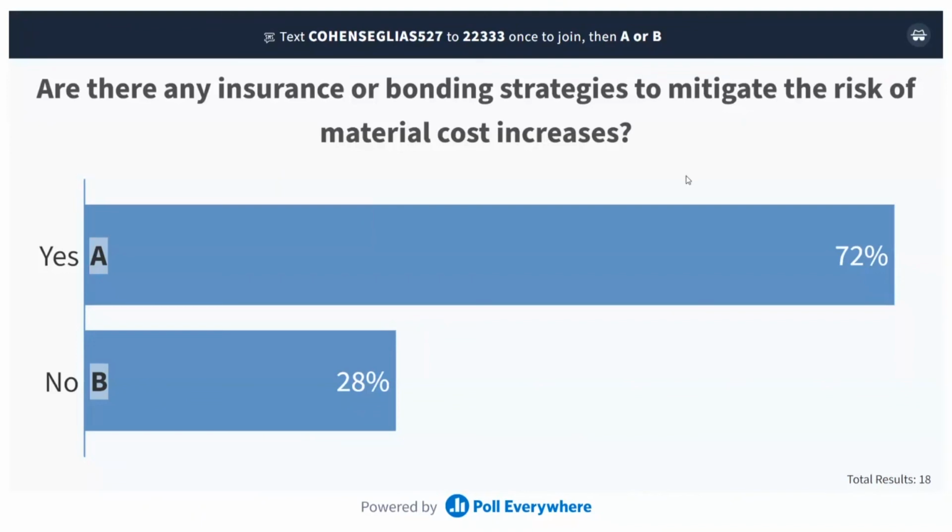It might cost you 1% of whatever their contract value is, but that might be worth it. I recently, apart from supply chain, had a contractor do that when he was hiring a MWBE. The contractor had a big contract, and it was a very small company. They couldn't get it from the owner, but they made the subcontractor go out and get a performance bond, and it gave the general peace of mind on the project that, if they weren't around to finish the job, at least there was a surety that was going to back it. So definitely some things to consider.